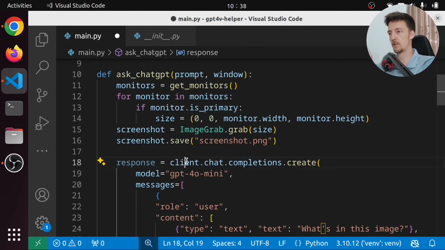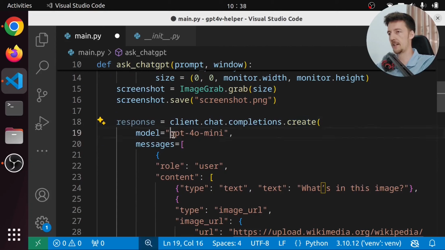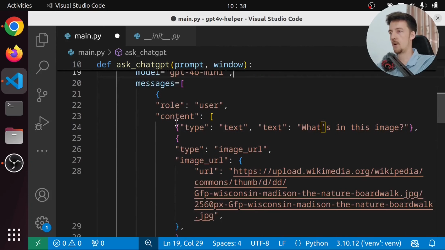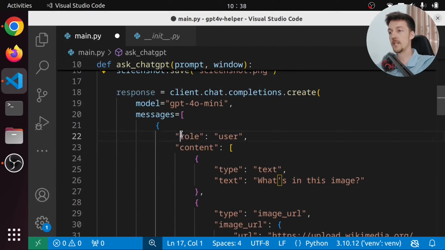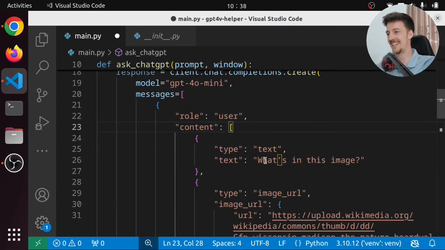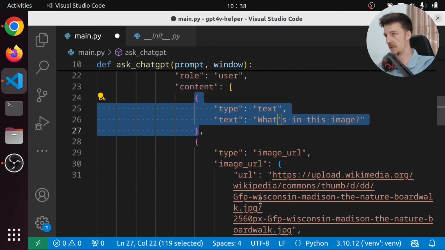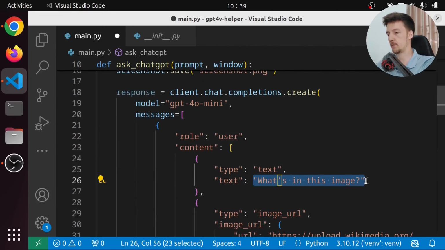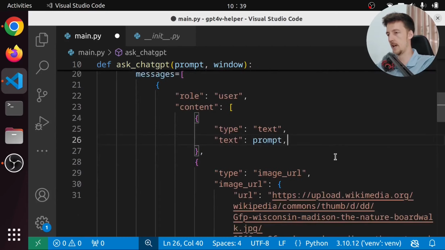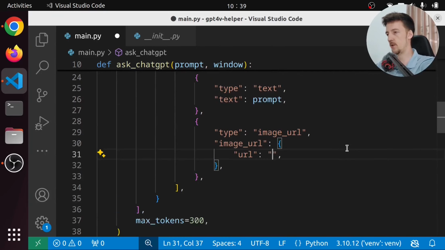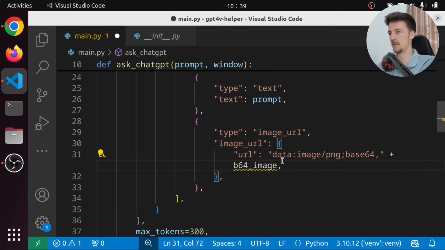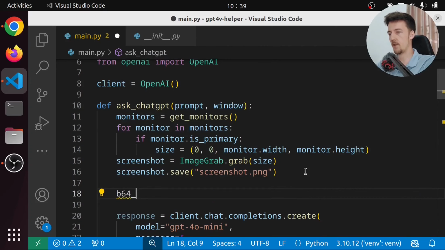So response equals client.chat.completions.create. And let's use GPT-4o Mini. And we're going to send some messages. We are going to send a user message with the content, that is a list with the text and then the image. And the text is going to be our prompt. So what we typed into the text box. And the image is going to be a data URI. So it's data:image/png;base64, and then we have to add here the b64 image, which we need to create. So the b64 image is going to be